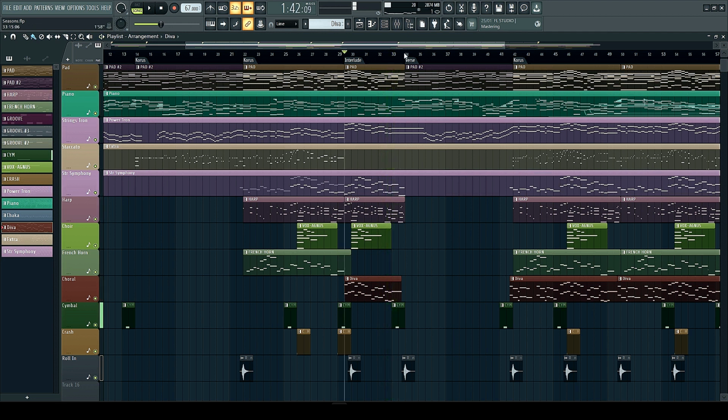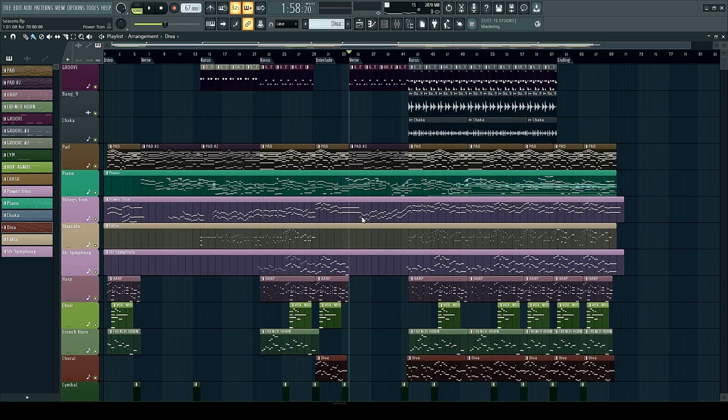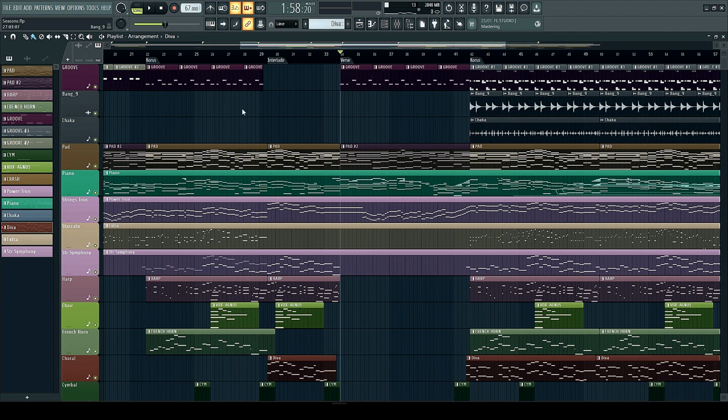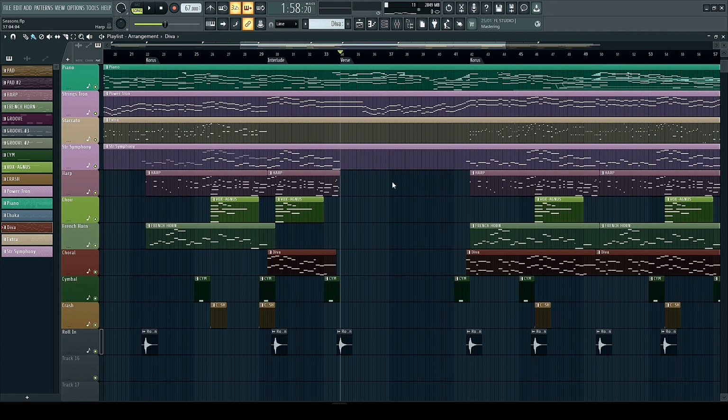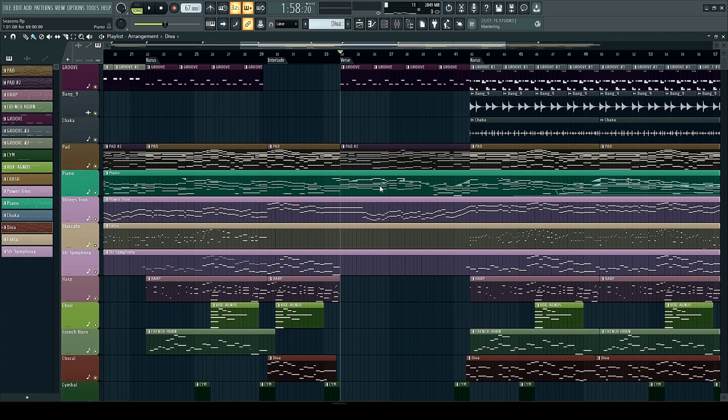So we now entered the verse again, which is a little bit more active than the first verse where we were coming from. So this particular verse is a bit more active than the former verse. So we maintained our percussion idea with the pad, the piano, and the strings,